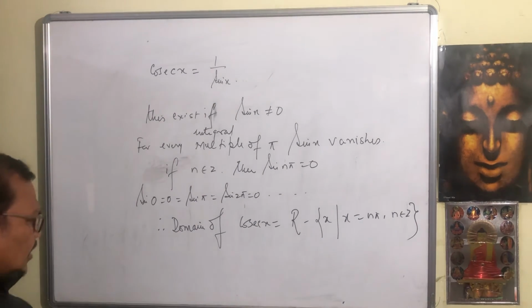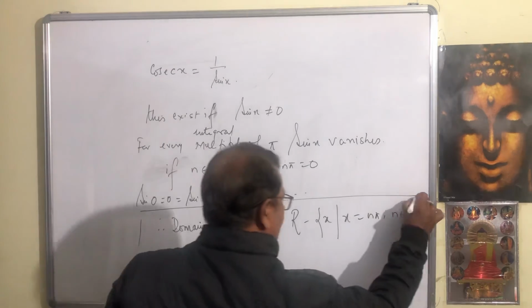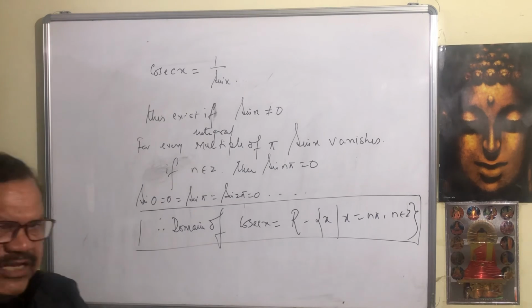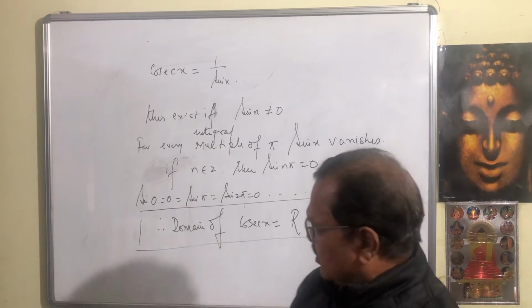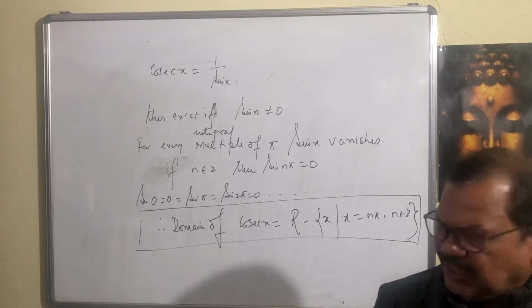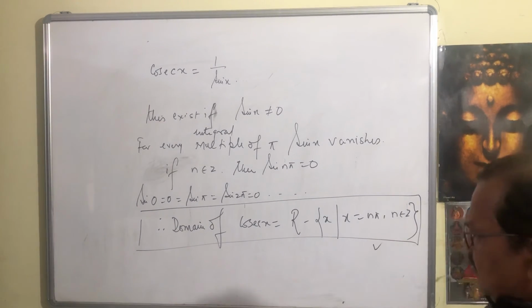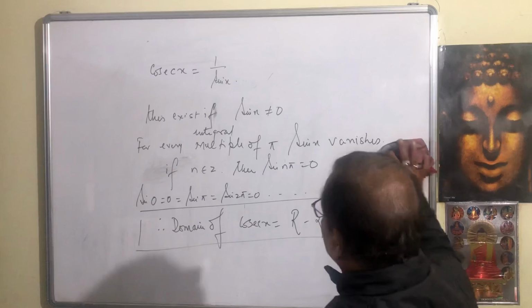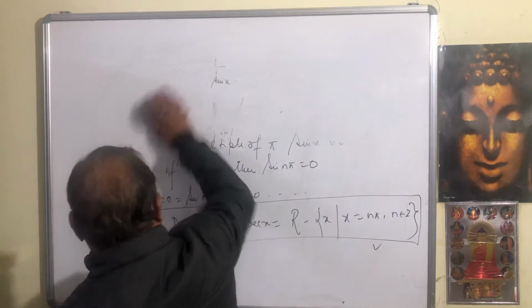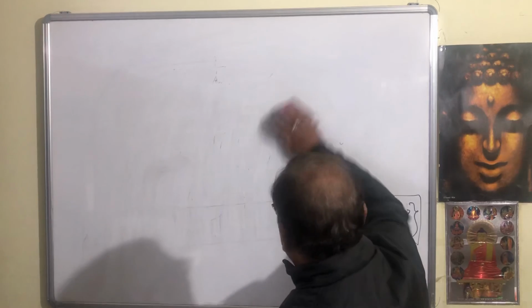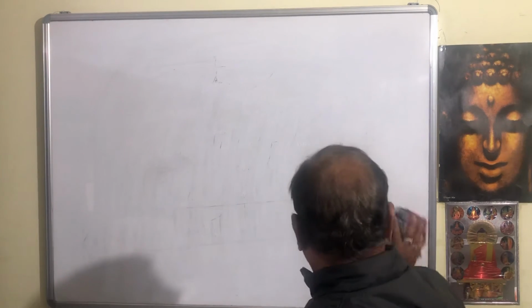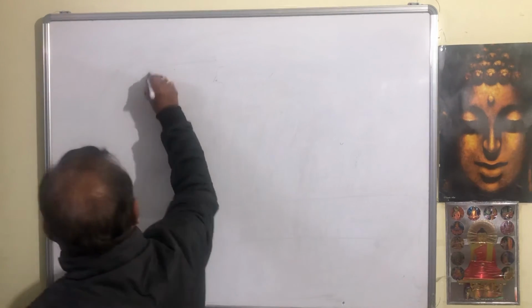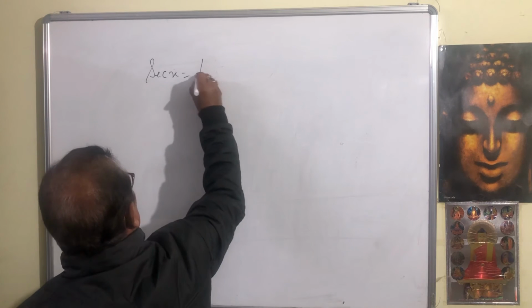So, studying the domain is very important. Regarding range, you can study as we have discussed in 10x. So, I would like to give stress over domain only. Range is understood. Let us come to the domain of sec x. The idea you must have developed of how I am going to find it out. Let us take sec x. Now this sec x is equal to 1 by cos x.